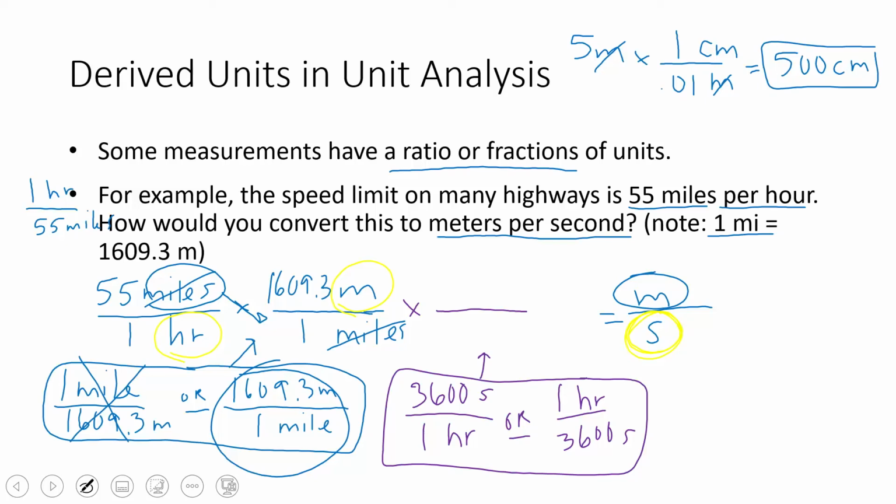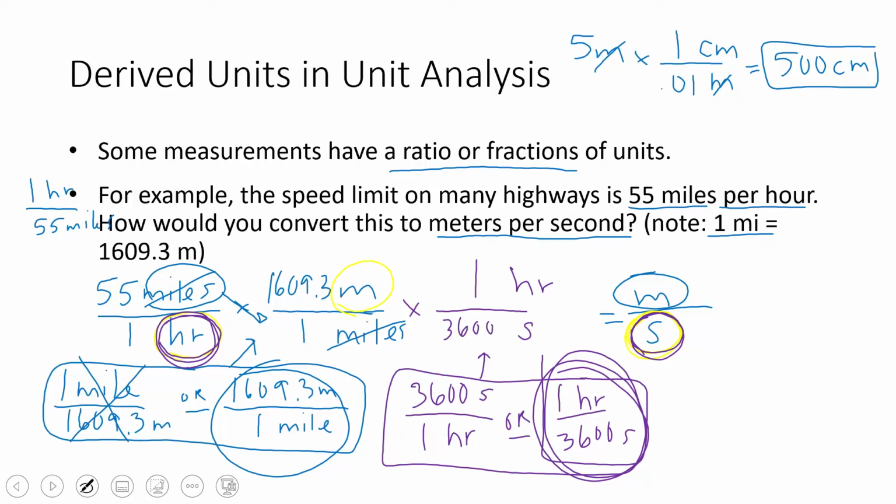Which one do I need? I need the one, since I'm starting with hours down here on the bottom, I need to have hours on top so that they will cancel out. I also know that I need seconds on the bottom because my answer needs seconds on the bottom. So I need to use the conversion factor with hours on top, seconds on the bottom, this guy. 1 hour is